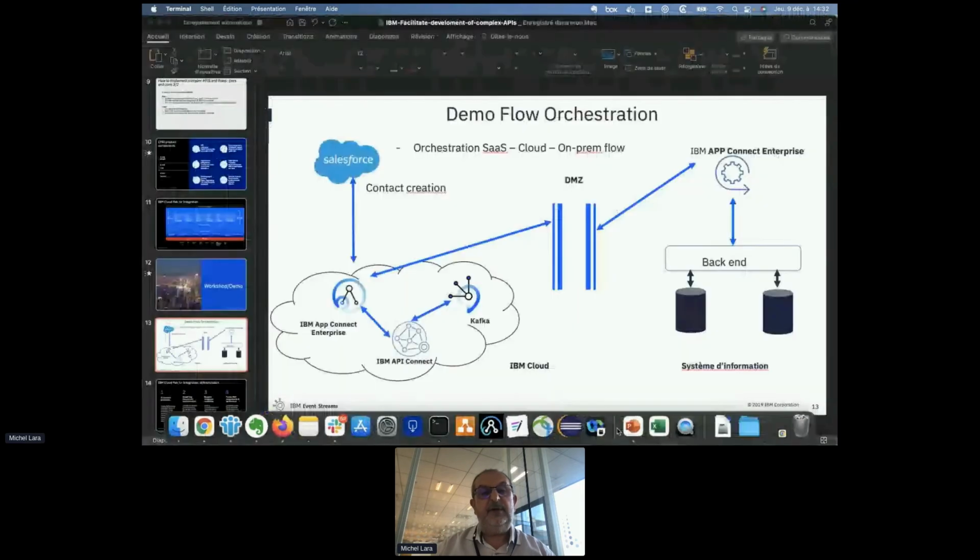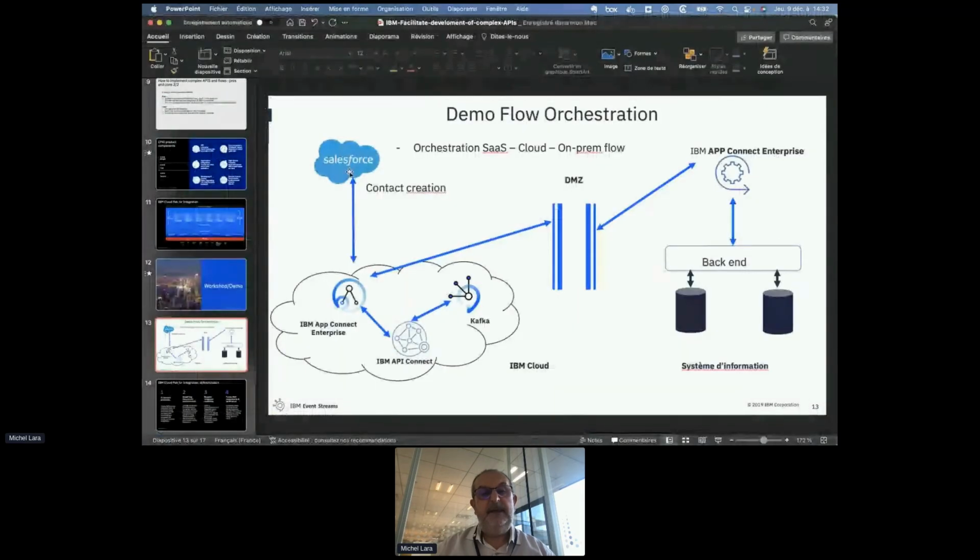So we just saw the first case we have implemented. I create a contact on Salesforce, which fires the trigger and the flow, and my ESB orchestrates the flow and calls API Connect to post on Kafka. First step is okay. Now we will see the second scenario.